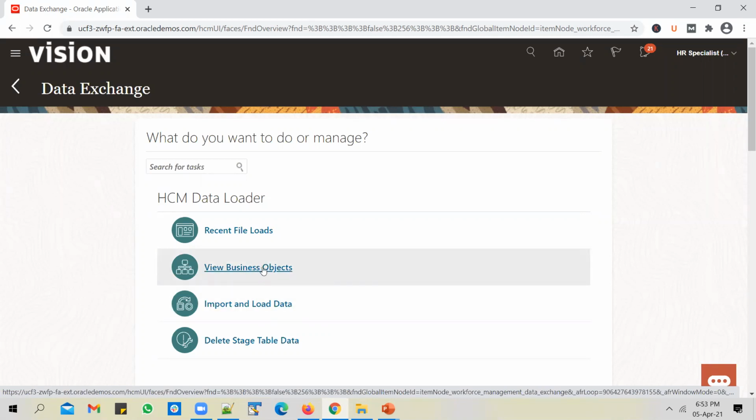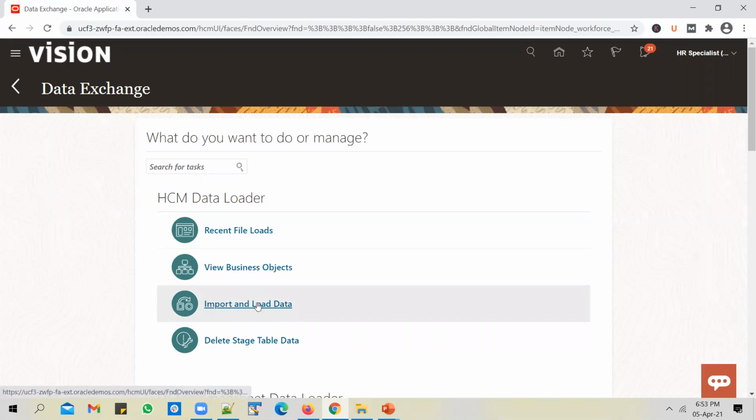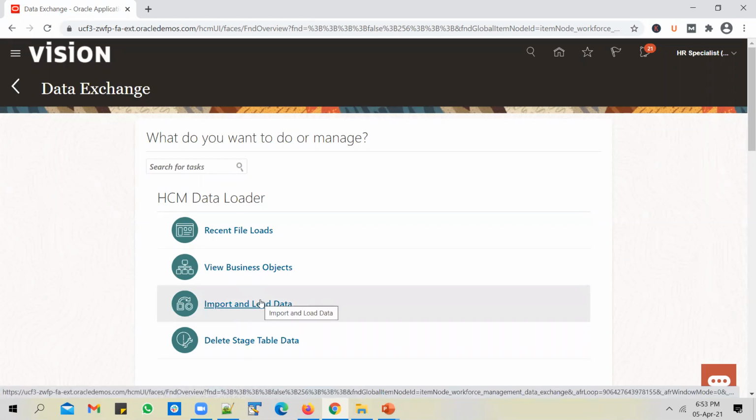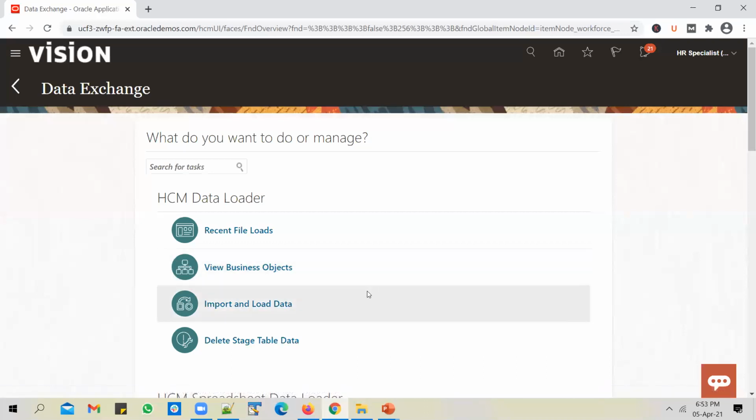First, figure out whether the business object you want to load data into is supported by going into this navigation option, and download the template from here. With the help of that template, you prepare a data file and then load it using the import and load option. In case you're not aware of the HCM data loader process, please watch a couple of videos we have done on it, and then come back to this video.